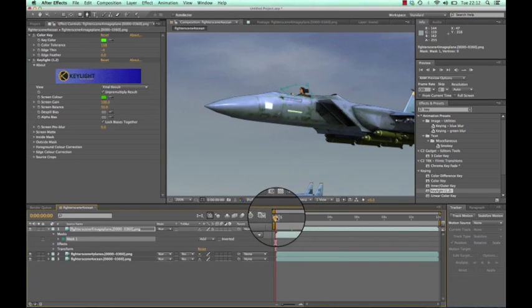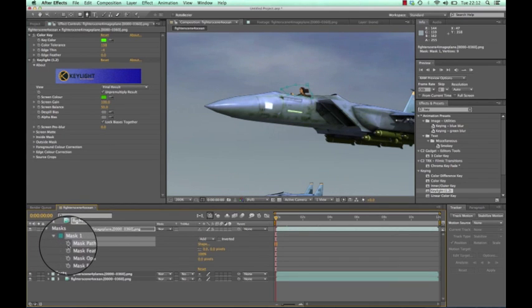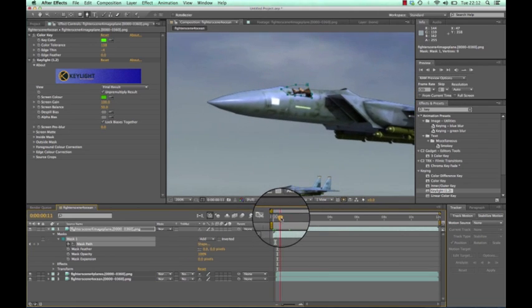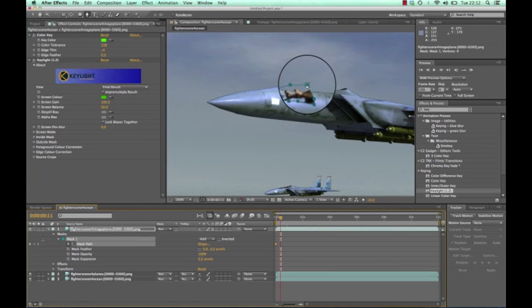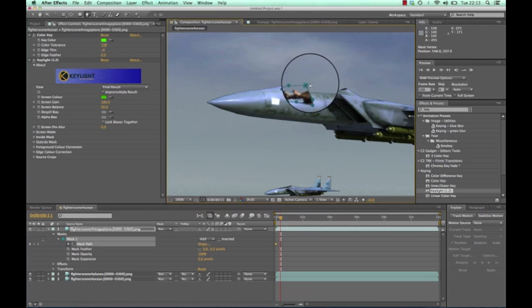So what we're going to do is simply kind of click on the mask there. So mask part, simply click on the pointer there and you see a keyframe, and then what I'm going to do is simply kind of do that. So if I just kind of go on the plus sign,